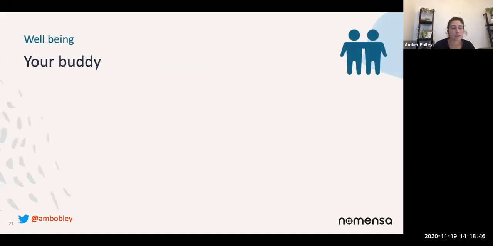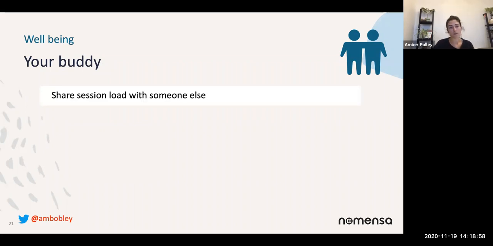And the next couple of slides, if anyone's going to take anything from this, are the most important for me anyway. This is really about your own well-being and sharing out the load of the sessions with a buddy. So find someone that you can research with, either someone you know or a colleague, potentially someone who's already done this type of research with this participant group and could act as a mentor for you. But just have someone you can share the session load with.